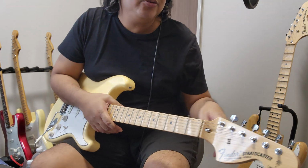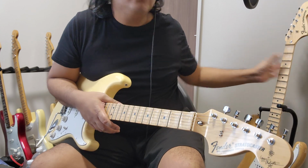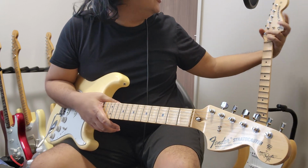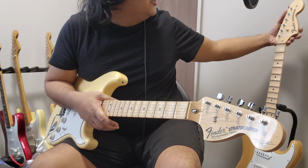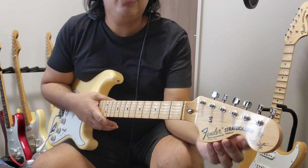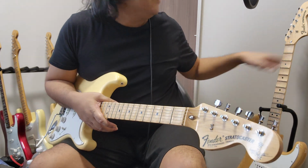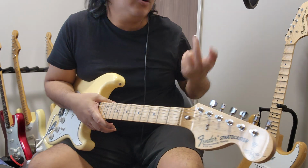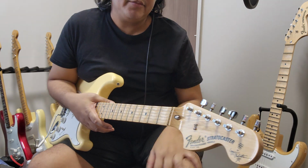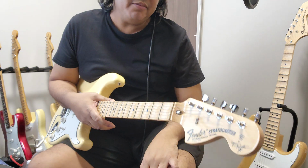And then when the traditional series came out, they have the shape close to Fender USA. They have the bigger round edge here, and the, how do I call it? Maybe I'll just call this an X edge. Yeah, because it looks like an X. So I'll call it the X edge here. This one is slightly thinner than this one. And the traditional II models are closer to the USA ones. I mean, if I look at it, I know it's different. Aside from that,